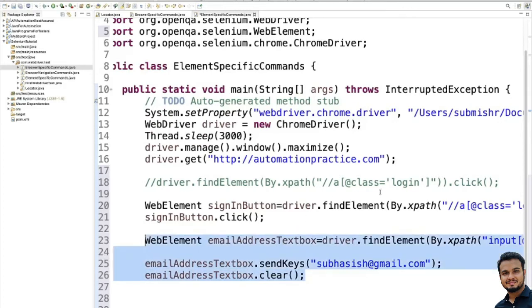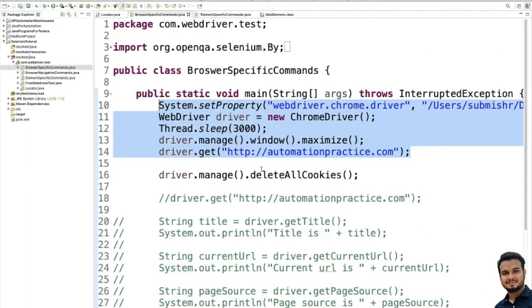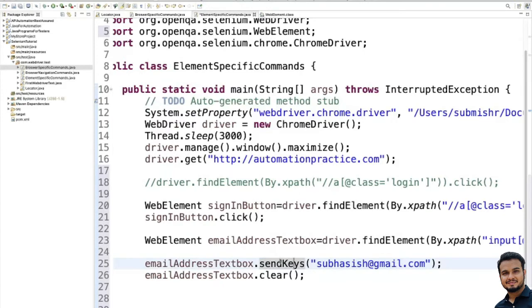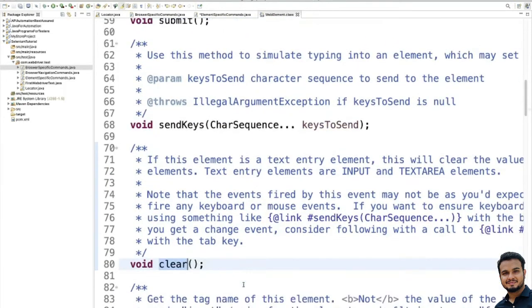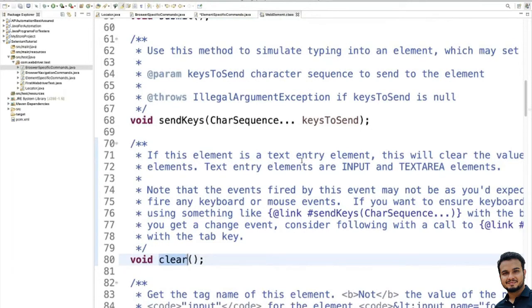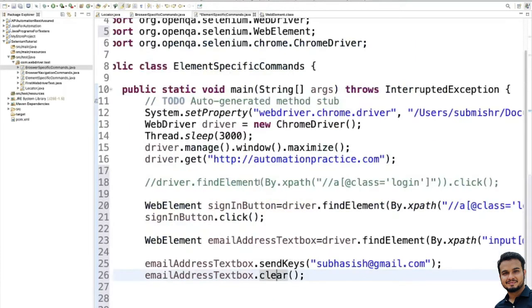Before that, if you want to see the send keys method, here you can see, use this method to simulate typing into an element. And if you want to see clear, here is the method. If this element is a text entry element, this will clear the value of that element. So that's what send keys and clear do.